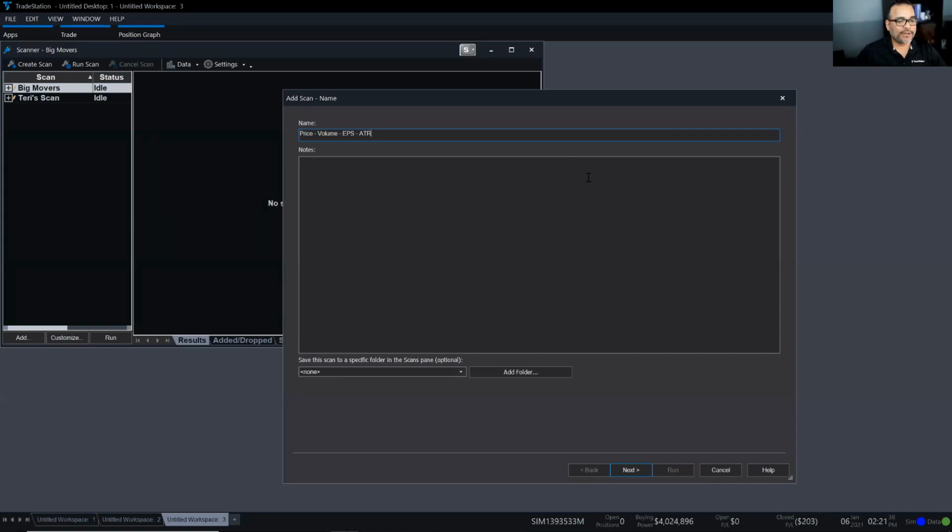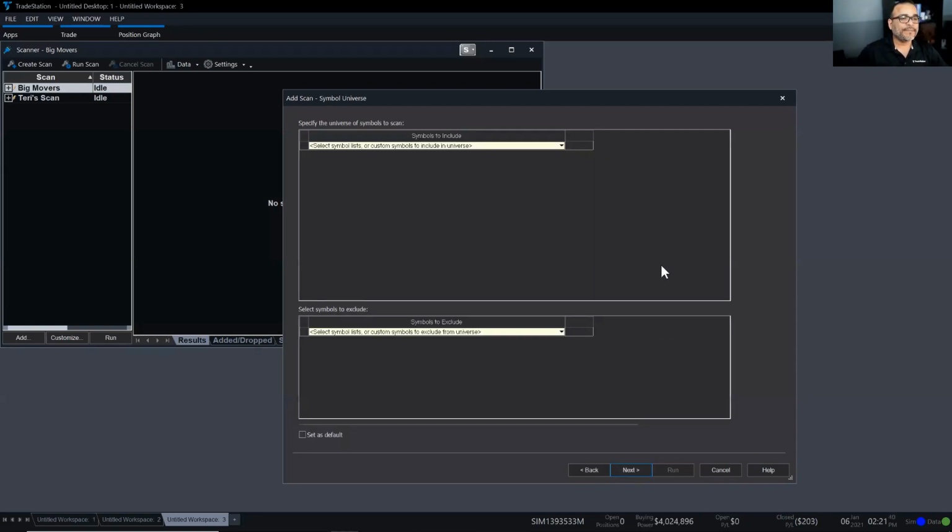Okay, let's go ahead and take a look. I'm just going to click Next. And on this next dialog is where I tell the scanner what is the universe that I want to look at. The scanner is one of those tools that were designed thinking about stock traders. And the reason for that is because the stock market is the one that has the most symbols. If you think about it, there's almost 10,000 listed stocks that you can scan right here, which using another application